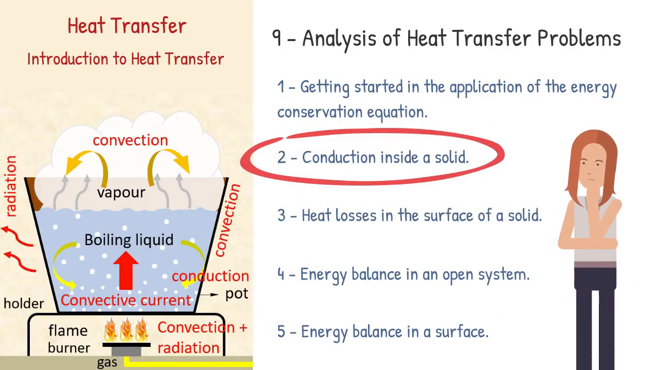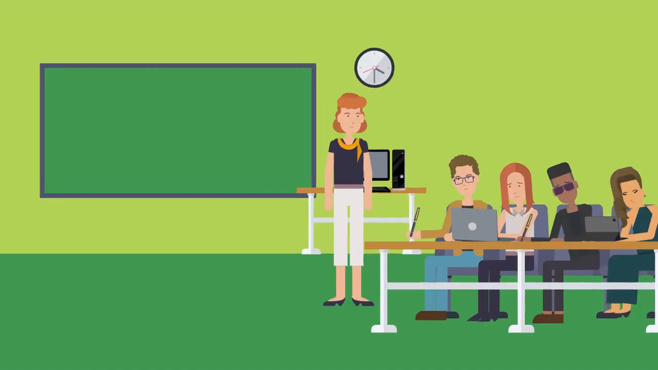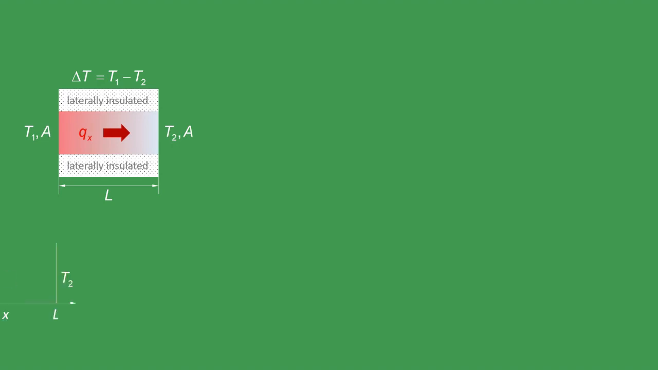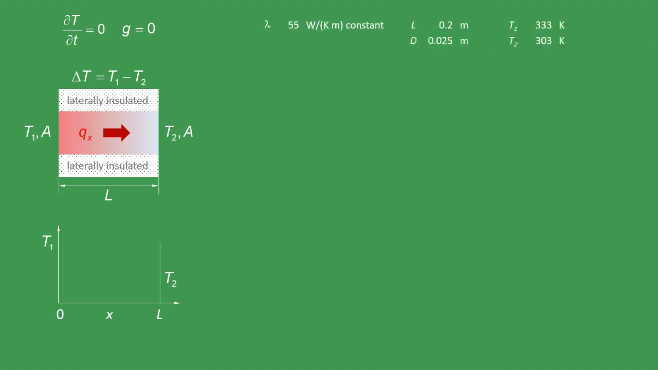Conduction inside a solid. Let's focus on a laterally insulated cylinder. In the steady state, without internal generation, and using the data in the table, calculate the heat transfer rate between the two extremes. For solving this exercise, you can apply the Laplace equation for temperature, which is an ordinary second-order